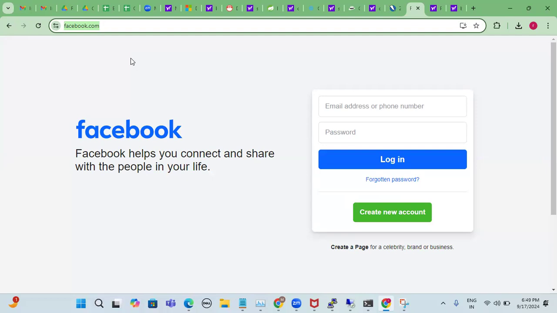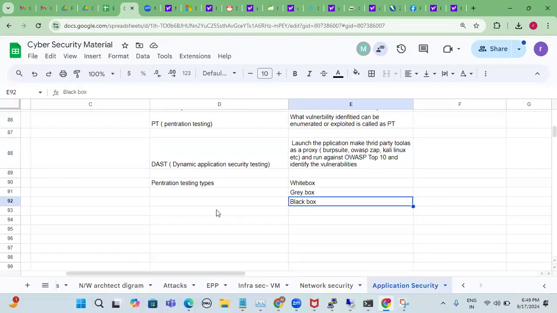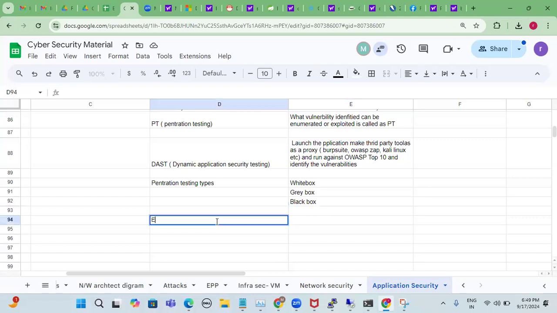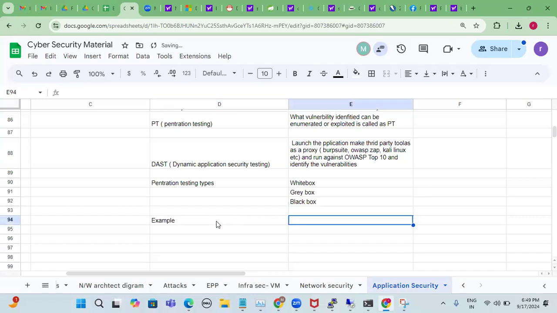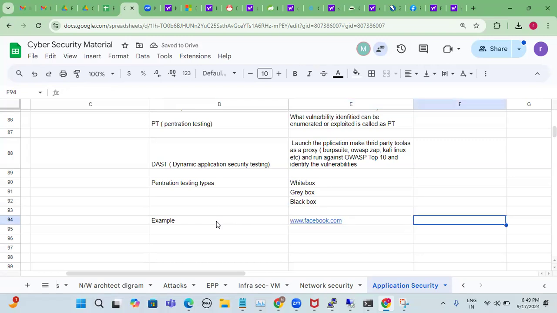So I took one of the applications and I'm explaining the application side. Gray box: instead of the admin username and password, I will give the user username and password. If I say it like this, you will not understand. Example, www.facebook.com. If you want to do black box, white box, and gray box penetration testing for facebook.com and identify the vulnerabilities list, then